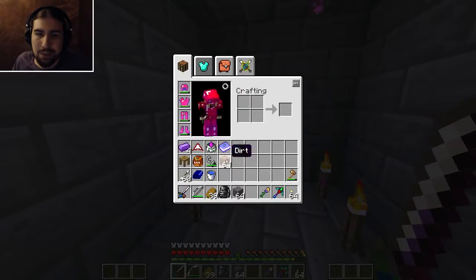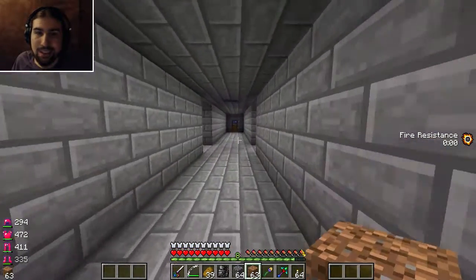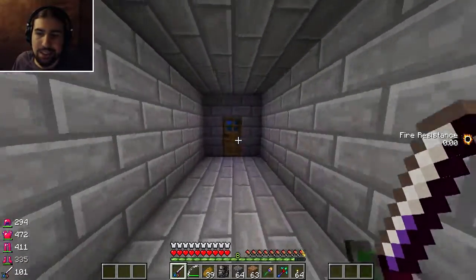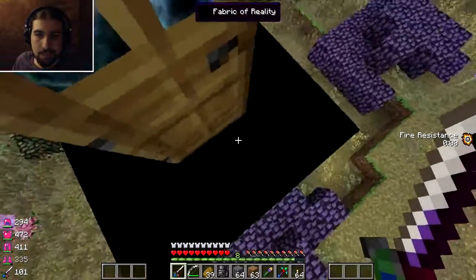Okay, so one thing I want to do is use dirt to mark the exits. Because there's another door over here, and I actually forgot which one I came in when I originally came in here. And actually, let's see. This should still lead to the same place. But these other exits...